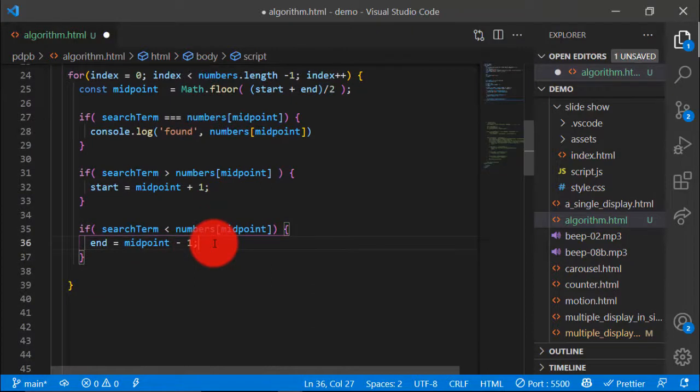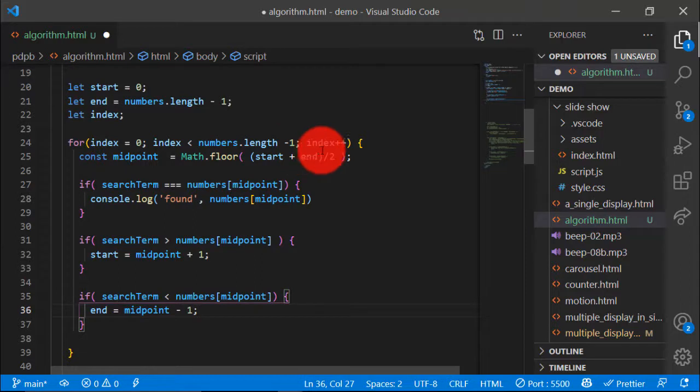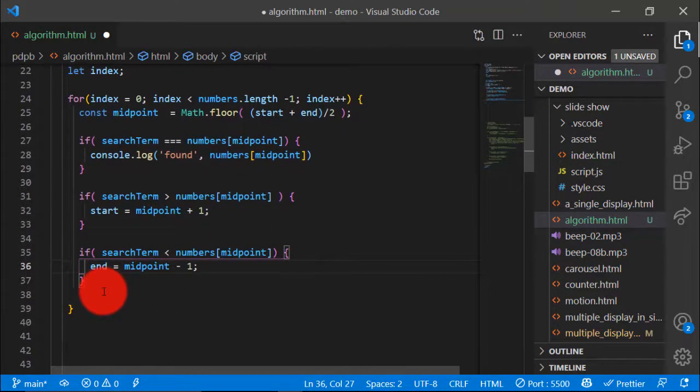So you can see that by the time this one is executed, it will go back up again, calculate another midpoint, come here, and check whether it is found. If it's not found, it will check whether the search item is greater than the number at the midpoint, then create another beginning of an array and make sure that the previous number at the midpoint is not part of it. That's what this one is doing. It then moves on to this, and if the search item is less than the number at the midpoint, then it will search down and make sure the number at the midpoint is not part of the numbers we are going to use to create